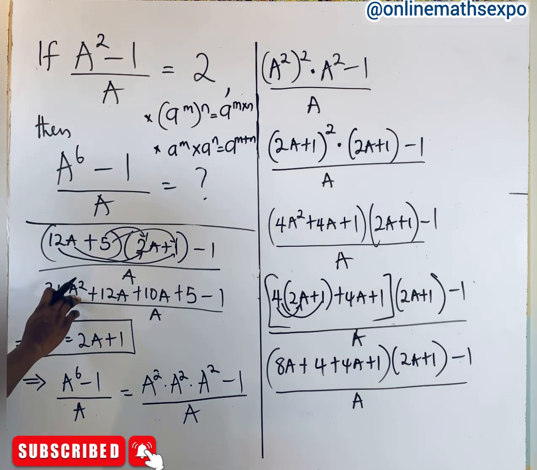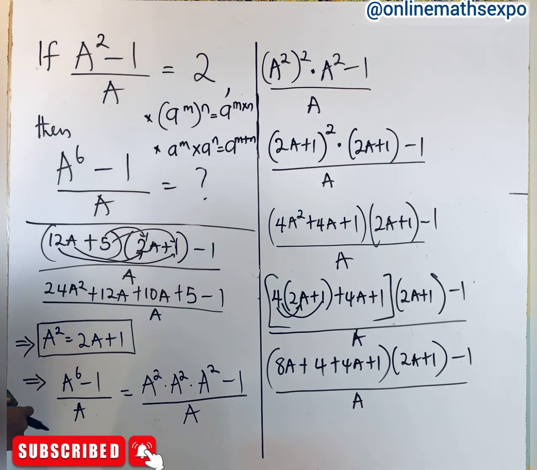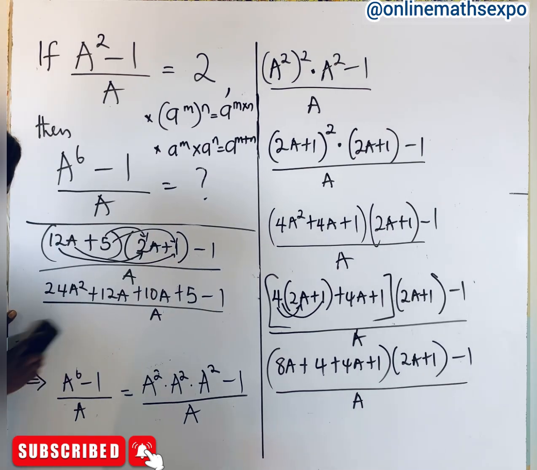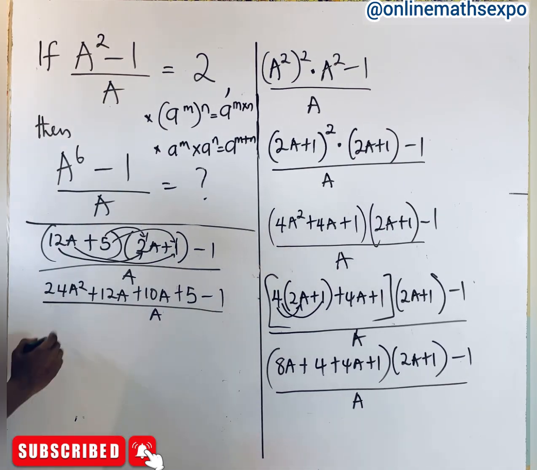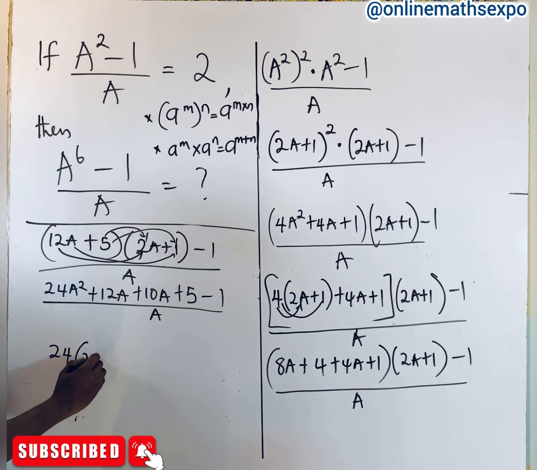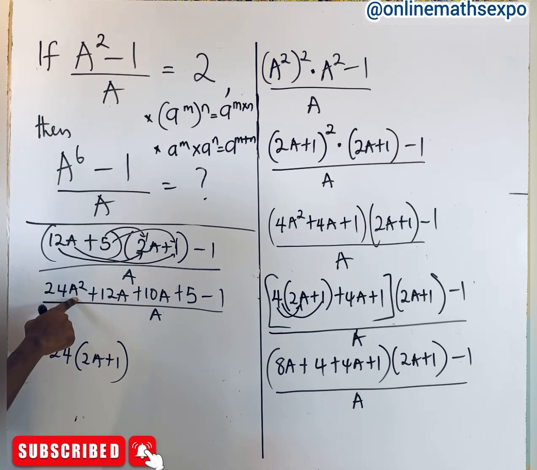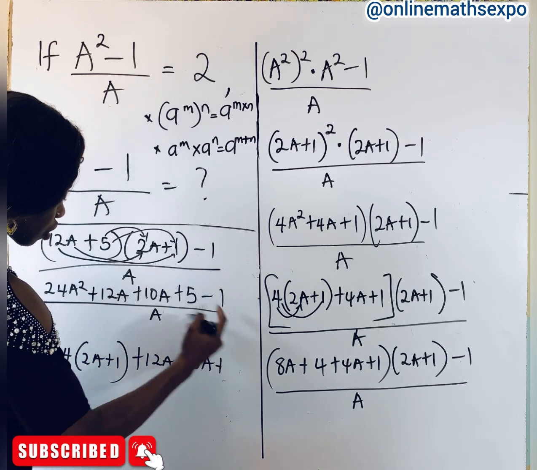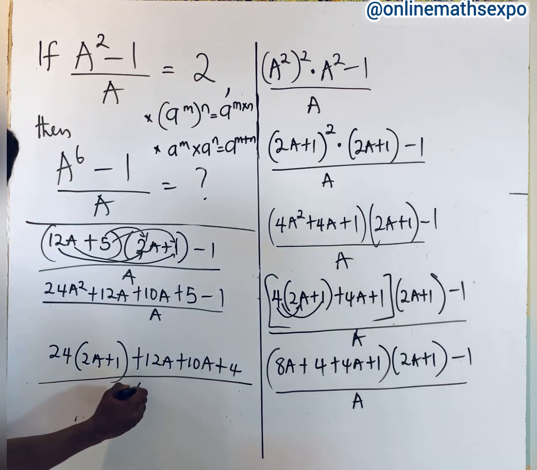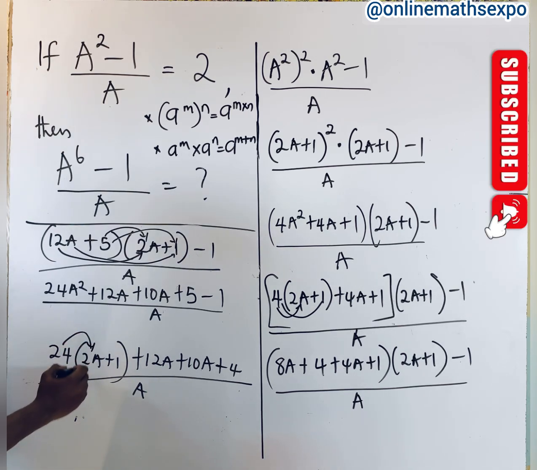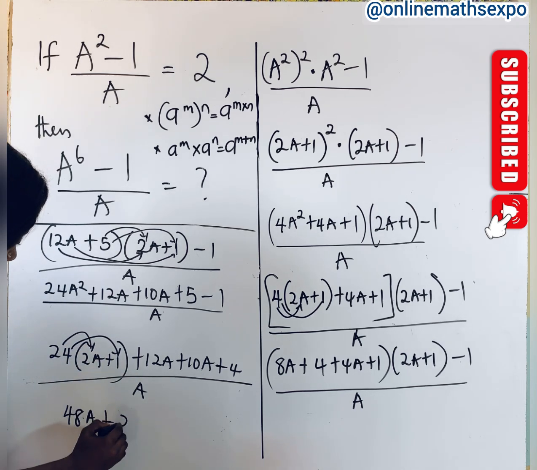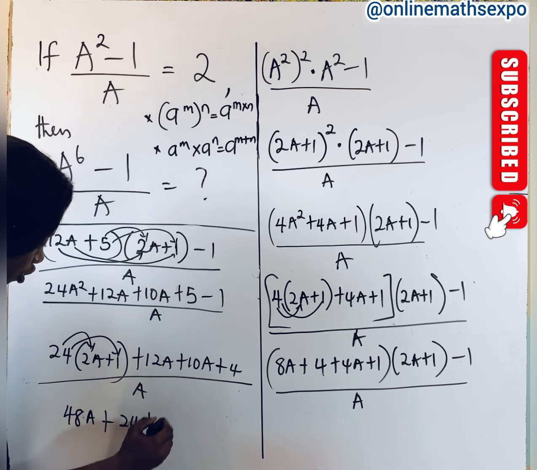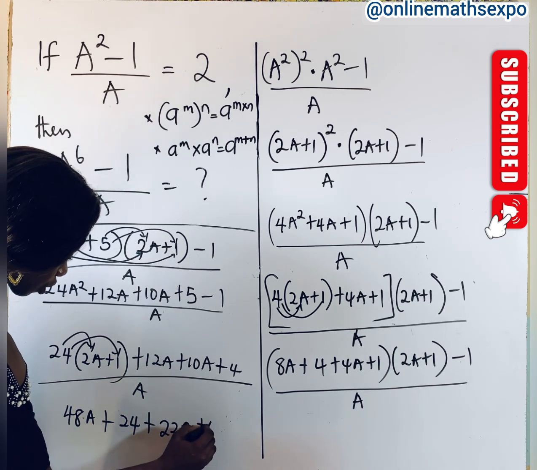Now remember, each time you see a squared, you have to replace it with 2a plus 1. So let's replace it with our 2a plus 1. So we're going to have 24 into 2a plus 1, replacing a squared, plus 12a plus 10a. This will give us 4 all over a. So let's expand this. So we're going to have what? 48a plus, this will multiply to give us 24, plus add this, we are going to have 22a plus 4